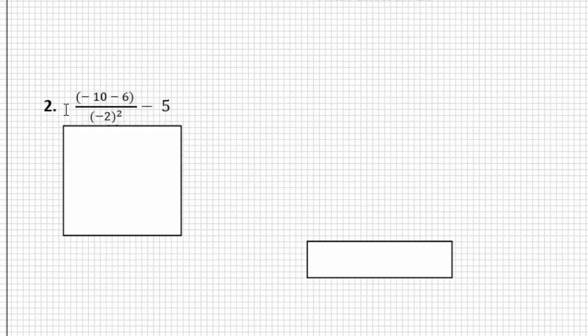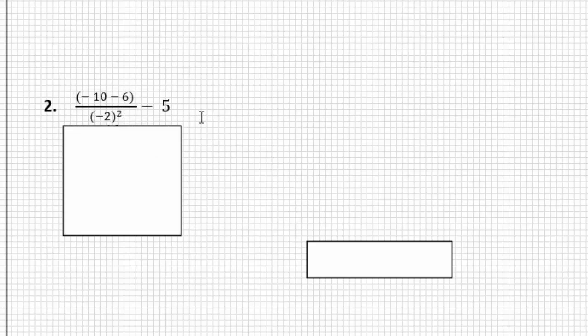Number 2. So we have some fraction bars involved. Fraction bars in and of themselves kind of group items, so there's parentheses around this numerator value. That doesn't necessarily have to have parentheses, but we would have to do this group. And then here underneath in the denominator we have another group, -2 squared, and we're dividing these quantities, and then